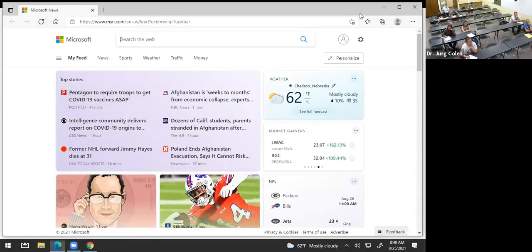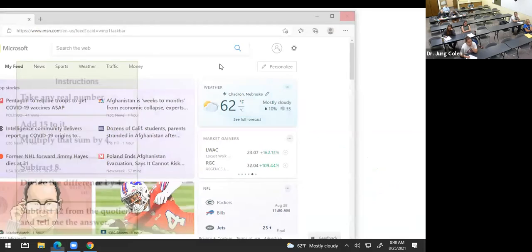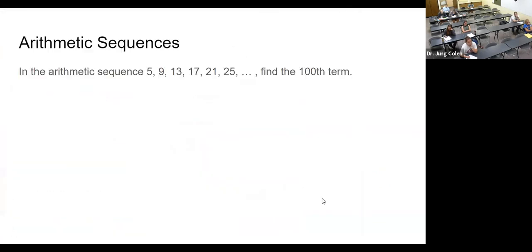Okay, and what happened here? Okay, so that's what we had. And we're going to talk about arithmetic sequences and geometric sequences. In arithmetic sequences, it's much simpler, so we're going to keep adding the same number. In geometric sequences, we're going to keep multiplying by the same number with a pattern. So when you're looking at this number pattern, 5, 9, 13, 17, 21, 25, dot, dot, dot,